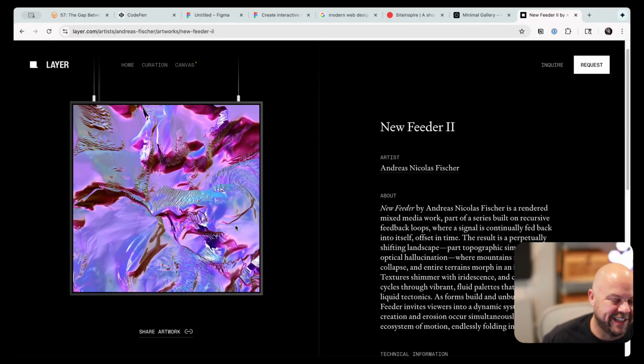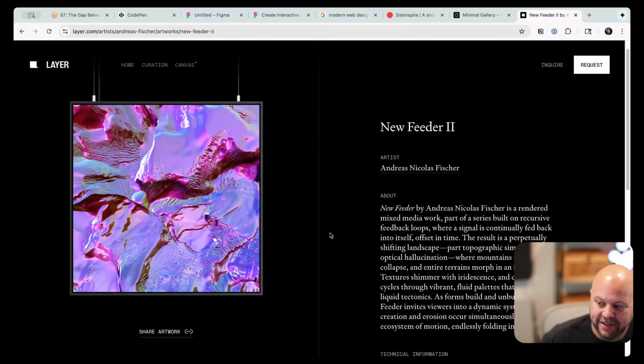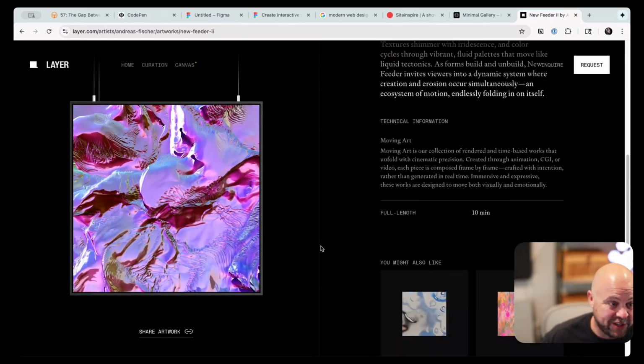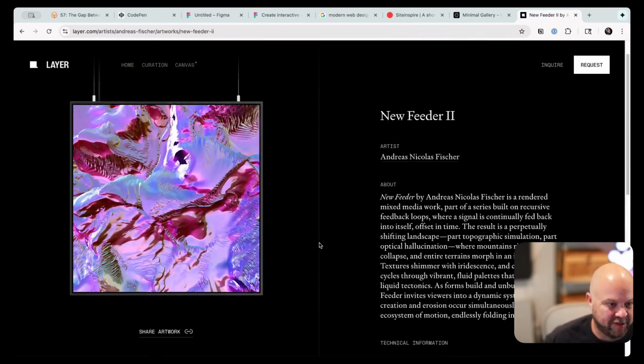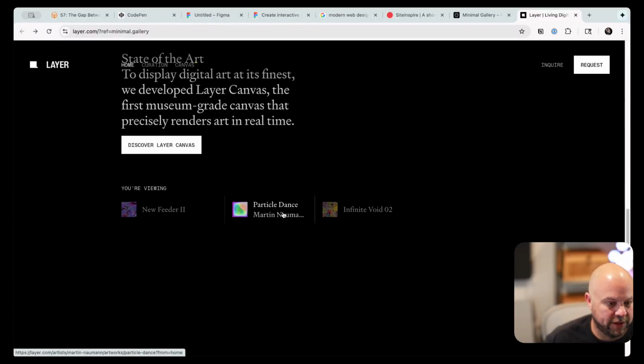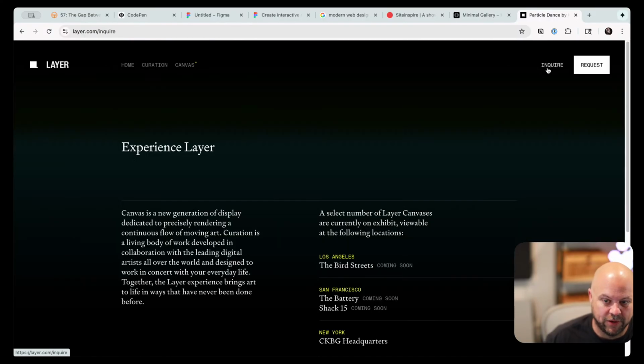Now it's starting to look like, what did they call those crypto pieces of art? It looks like an NFT, doesn't it? It's probably very much not an NFT, but it's a piece of digital art. So I definitely like the idea of showcasing digital art as a first-class citizen of the art world. That's good. Is that what's happening on this website? I'm going to inquire. Canvas is a new generation of display dedicated to precisely rendering a continuous flow of movement. Curation is a living body of work developed in collaboration with the...